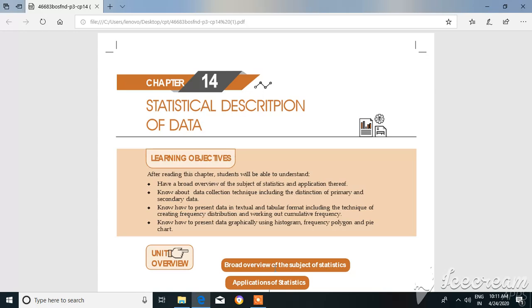So what is statistics actually? Statistics is nothing but a branch of applied mathematics. Statistics is applied mathematics, meaning suppose you have to find the mean marks of any three students. What will you do for that?